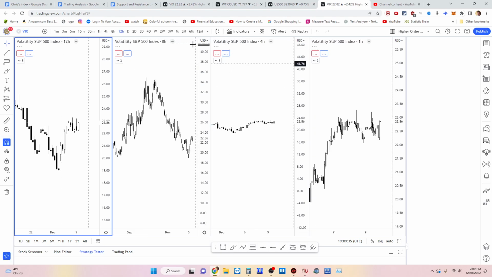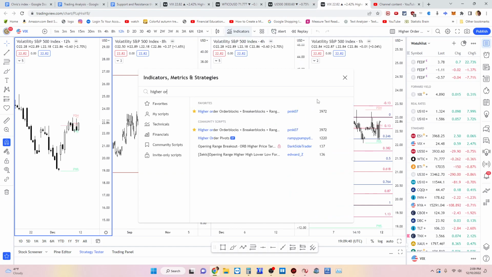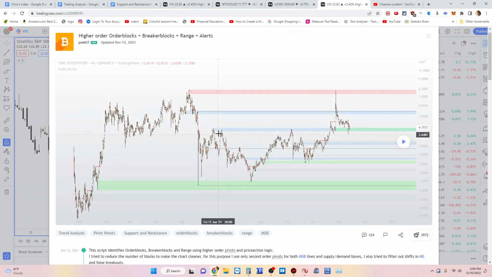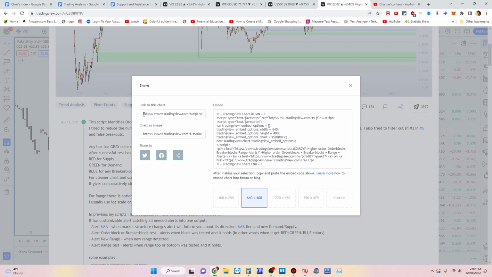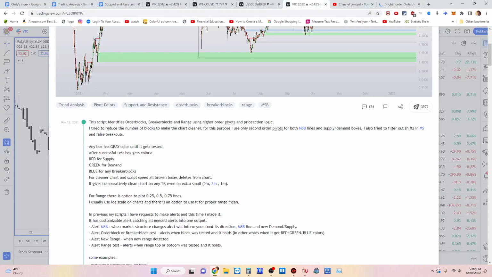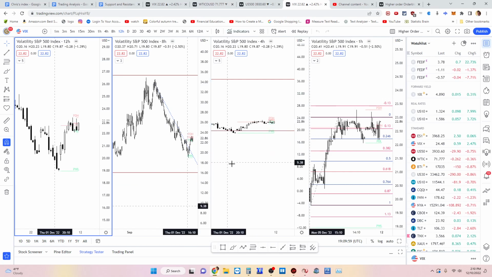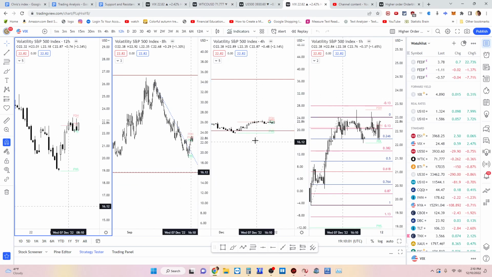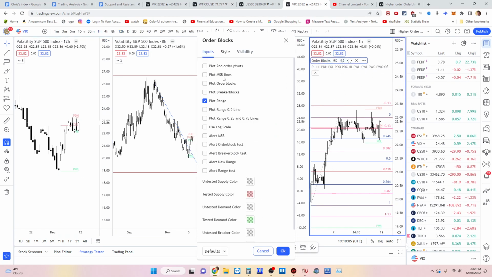We'll get to the indicator. Let me pull it up. So this is it, Higher Order Blocks Plus. I just use the range on it. I find the range it's really good. So we're gonna go ahead and copy this and put it in the index. But this is the result. If I put it on these time frames, it puts up a range, and I just take off